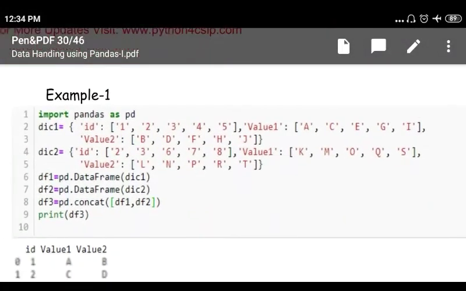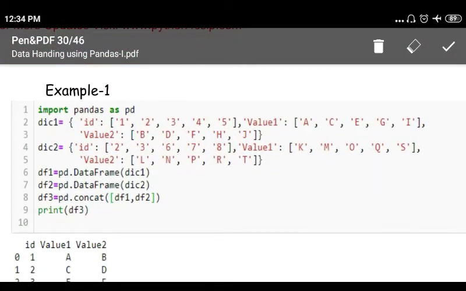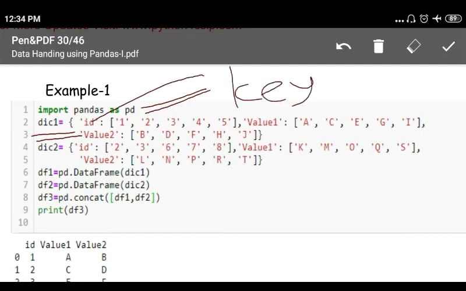Now in this slide you see this simple import statement. This is one dictionary. This is the key of the dictionary and these are the values for this particular key.